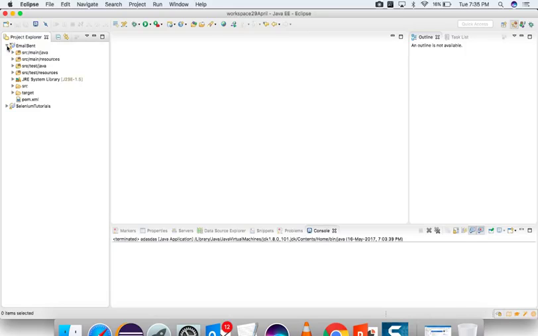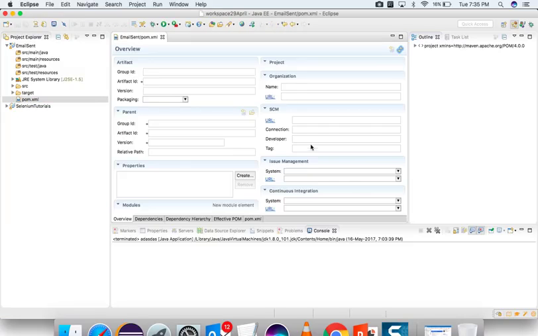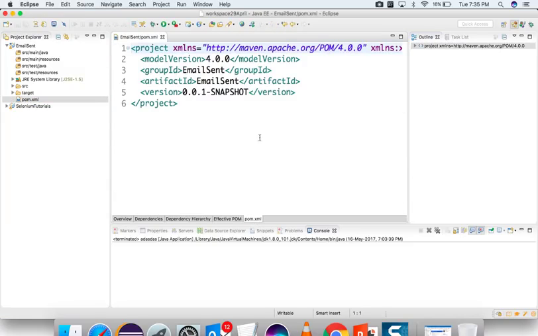If you don't know what Maven is or how to create a Maven project, you can refer to my previous videos. If you are using the latest version of Eclipse, by default you'll get an option to create a Maven project, and by default this will be the structure. As of now, I just have to go directly to the pom.xml file, and if I click here, I have this pom.xml. So first of all, I need to create one dependencies